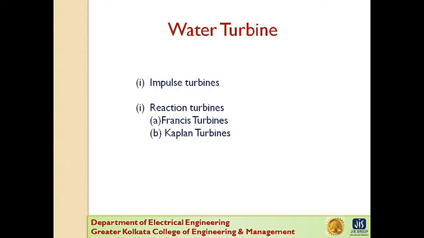Now the Francis turbine consists of an outer ring of stationary guide blades fixed to the turbine casing and the inner ring of rotating blades forming the runner. The guide blades control the flow of water to the turbine. Water flows rapidly inwards and changes to a downward direction while passing through the runner.